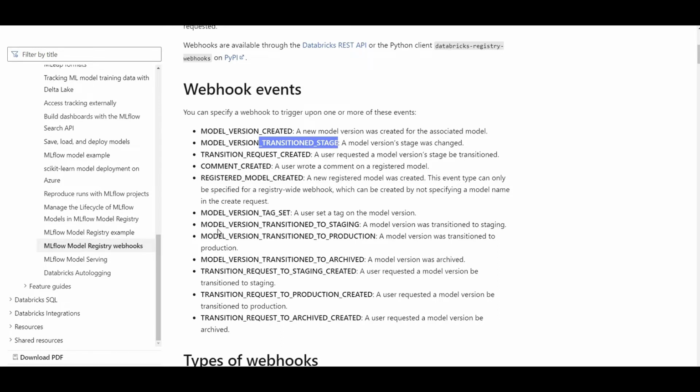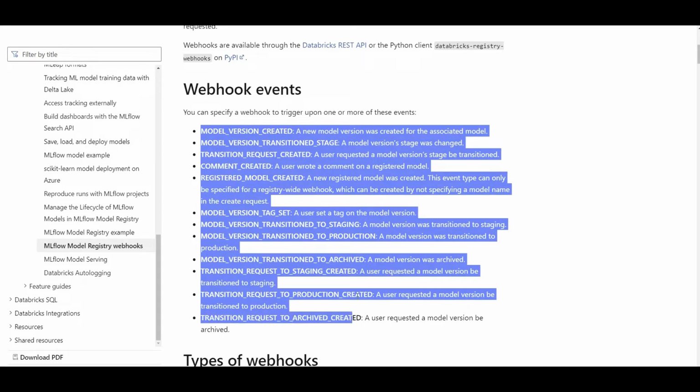For example, if someone sets a tag, or if someone creates a registered model, different kinds of events can be enabled for Webhook. So now let's go to the video,